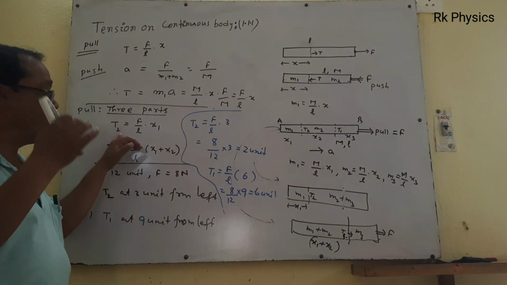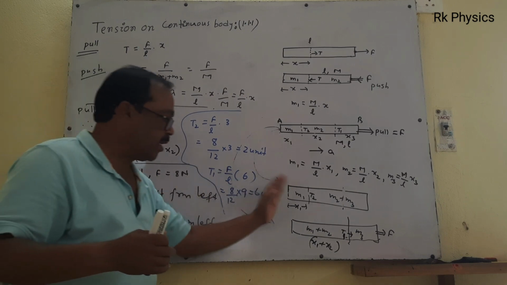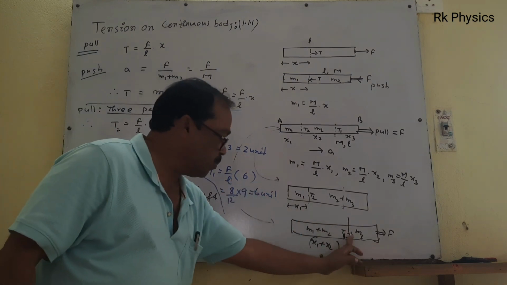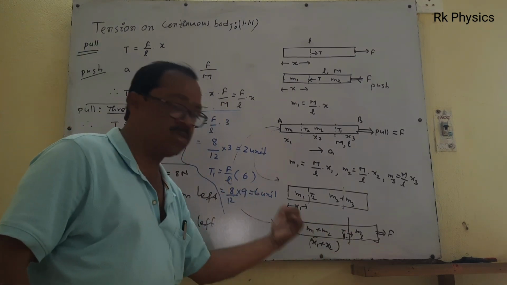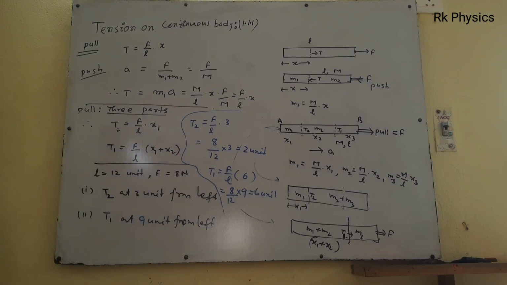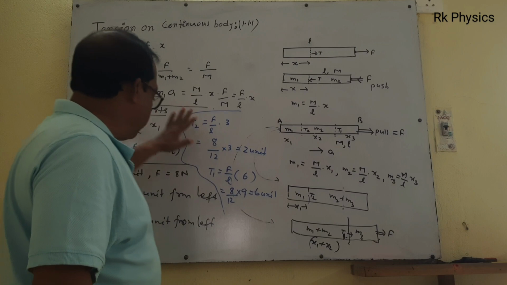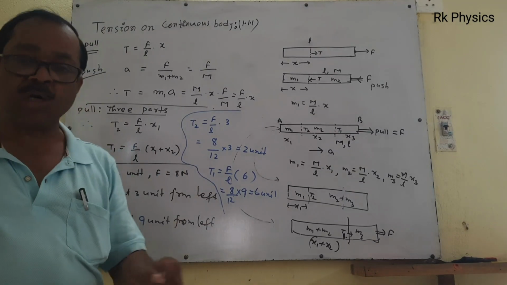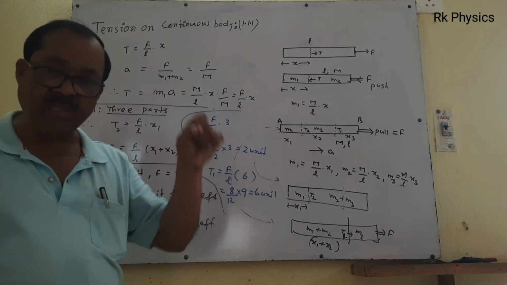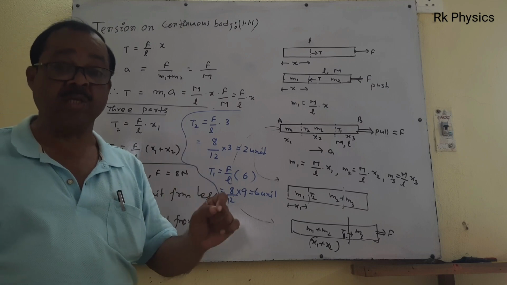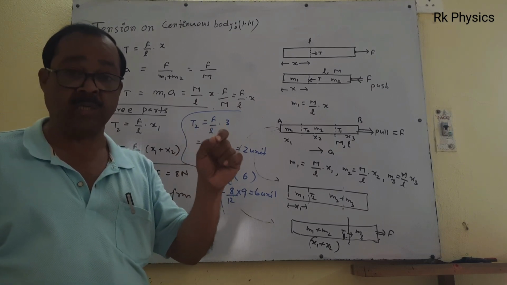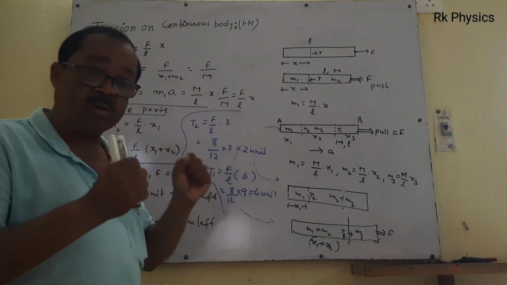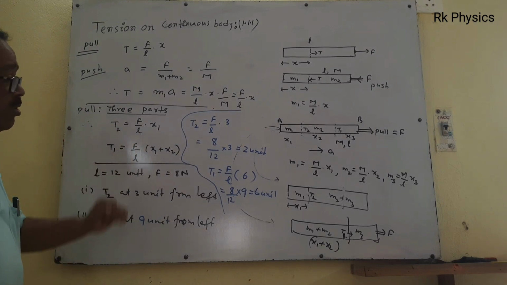Just imagine what T1 or T2 is: first, tension from the left hand is force for total length into the small length, that is, force per unit length into the length of that section. If you repeat this process, you can manage the time, and it is possible to solve this type of problem, however critical, within 60 seconds, that is 1 minute. But before that, you have to remember by heart that these are the things going on.